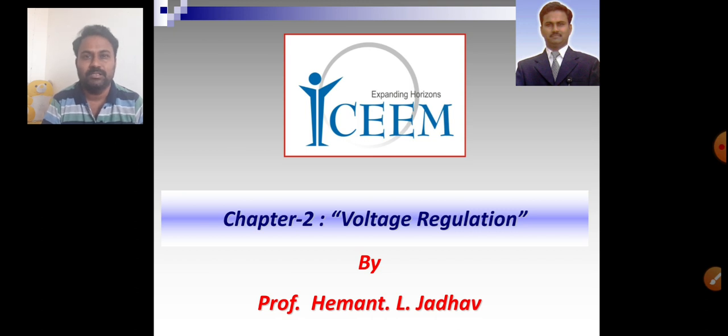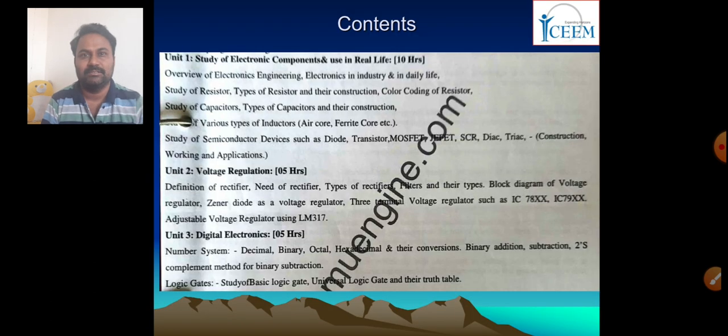So in this chapter, we will discuss how the AC 230 volt is converted into pure DC, how is the block diagram of DC regulated power supply, what are the different circuitry used in that block diagram, like what is a rectifier, what is a filter, what is a regulator, what are its types, etc. We will discuss in detail. Okay, so let us start with the contents of the second chapter. It starts from what is a rectifier and it ends with the regulator with fixed and variable voltage regulators.